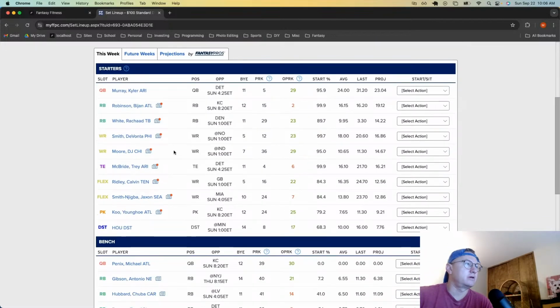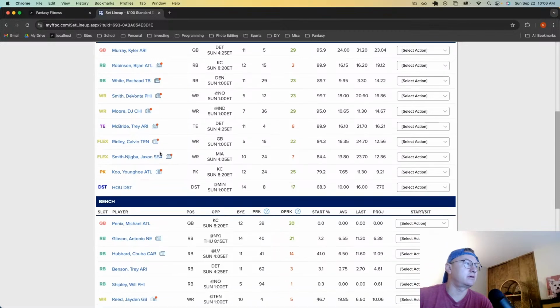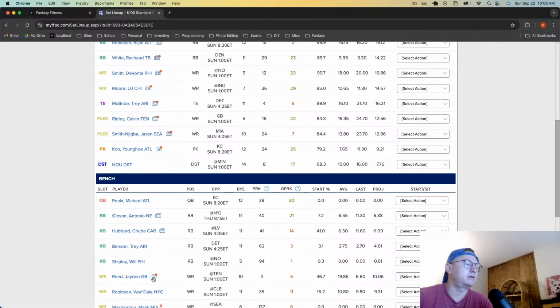I like it. A.J. Brown is out, so Devontae Smith is in all lineups. He's probably a wide receiver 2, maybe a wide receiver 1, back end, 12-15 range. DJ Moore, you got to play him. Keenan's out. Better defense to exploit here. Let's hope Caleb finally gets it going a little bit. So DJ Moore, and then Trey McBride to stack with Kyler Murray. That's going to be nasty. We do that each and every week. And then